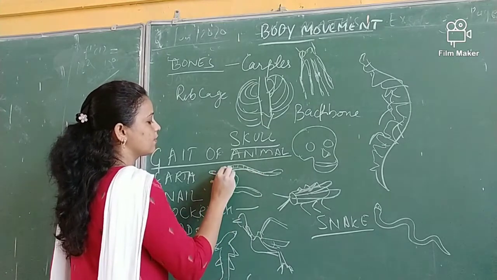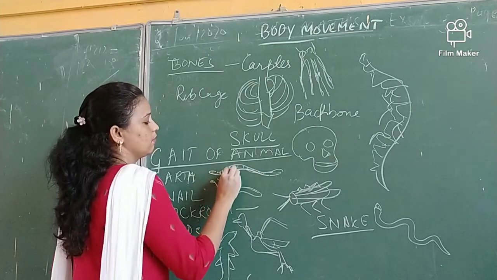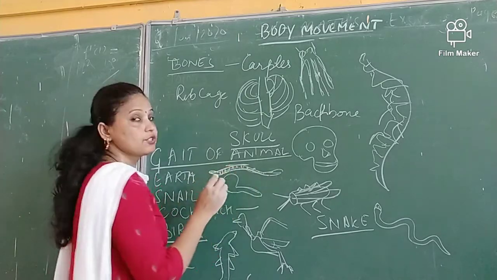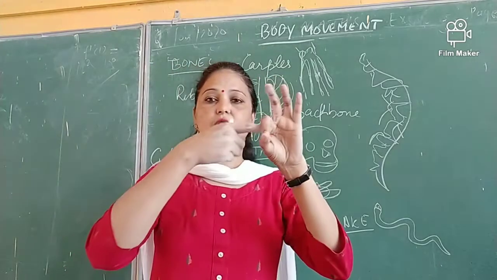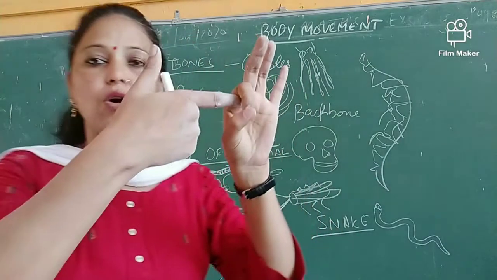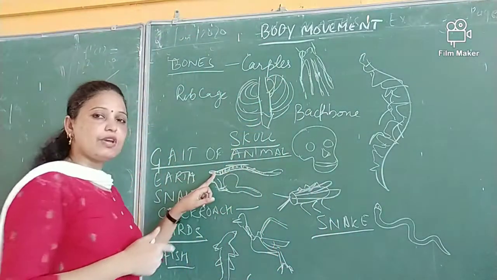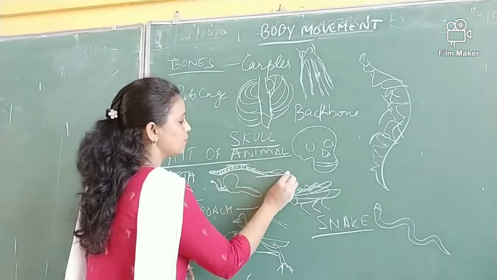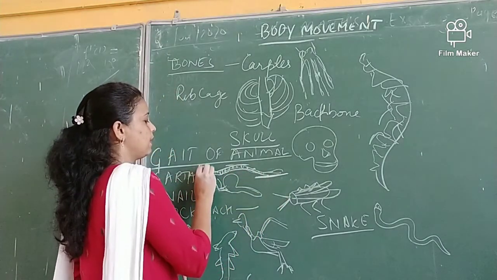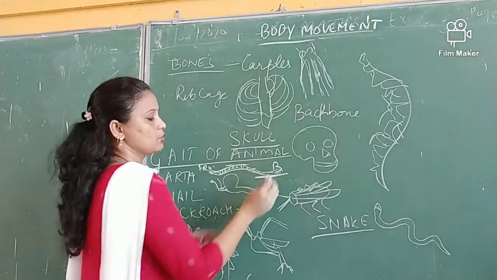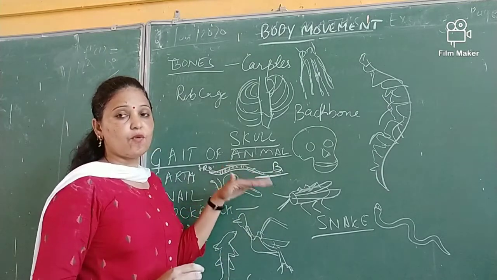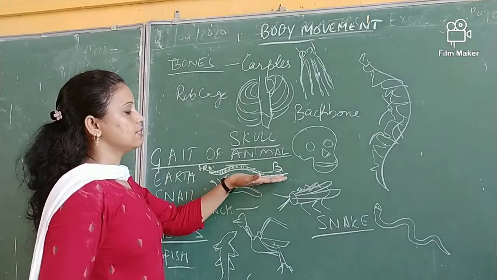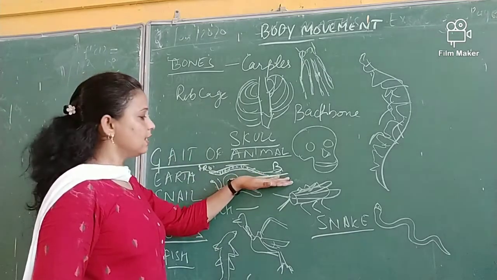Okay, so they have many rings over their body, and they have some longitudinal rings also. So that means the round rings along with these long rings, the long muscles are also existing. So whenever it moves, first it makes a grip with the back part. This is the front part and this is the back part. So whenever the earthworm wants to move, first it makes a grip with the back side, and